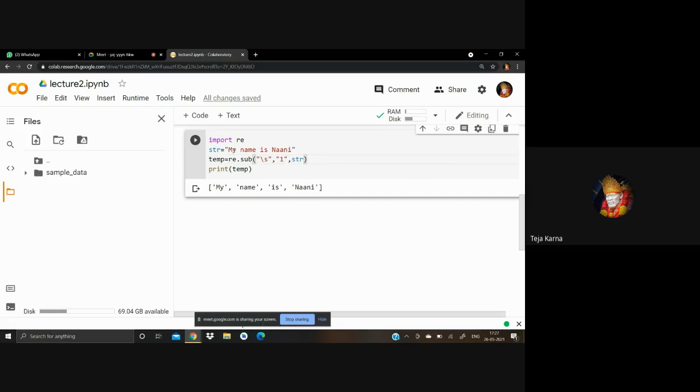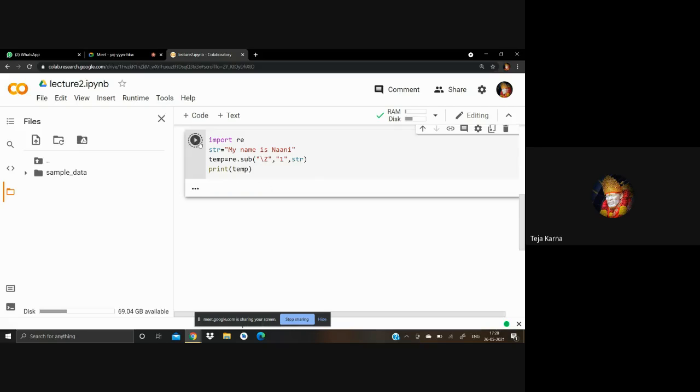Like after my, it will show one, name, one, is, one, Nani. It will return a string like that: my1name1is1Nani. This is the actual work of sub. So whenever you get white spaces, it is going to replace them with one. In the same way as you have used slash s, you can use slash b, slash Z, and all those things also.